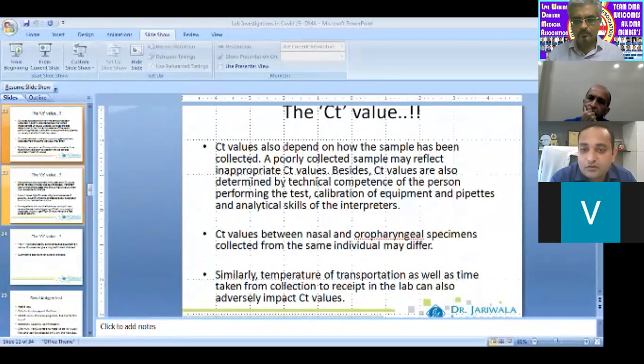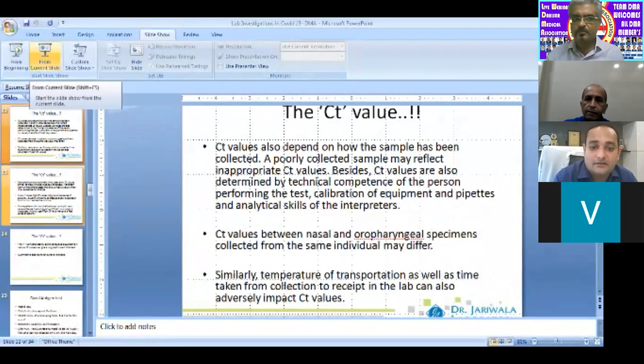So it is important to note that none of the processes here can be standardized. If I am collecting a sample of patient A and, for example, Dr. Jignesh collects a sample for the same patient, the values are going to be different. So it is highly user dependent, up to the tune of 30%. 30% of the results are going to be dependent on how the sample is being collected.